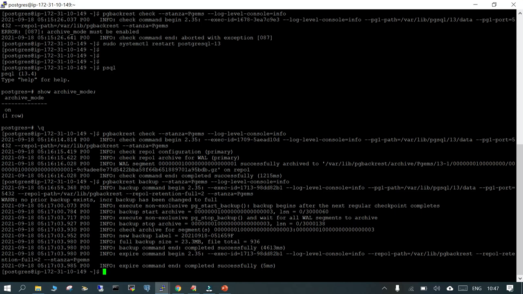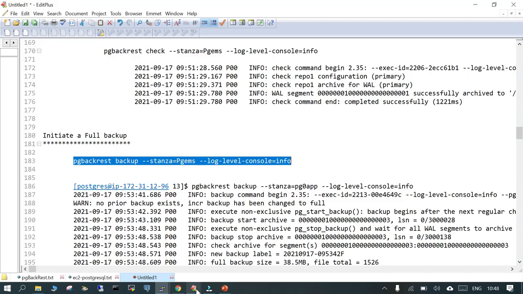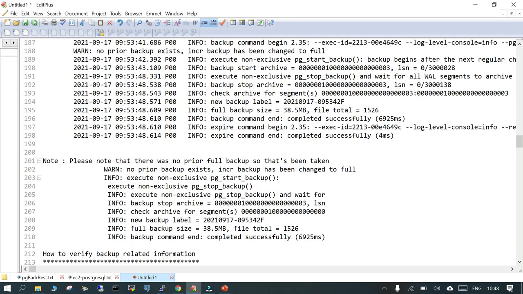So backup start archive, execute non-exclusive pg_stop_backup, then backup stop archive, and then the total size of the backup is 23.5 MB. We have not given any kind of expiration, otherwise there are a lot of controls which you can put over here. The only thing is you can retain just 2 full backups. Now what we can do is